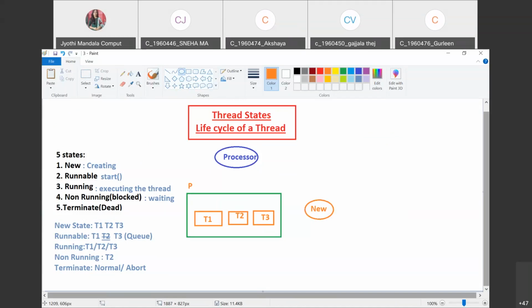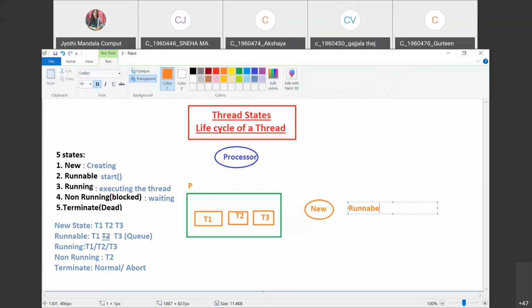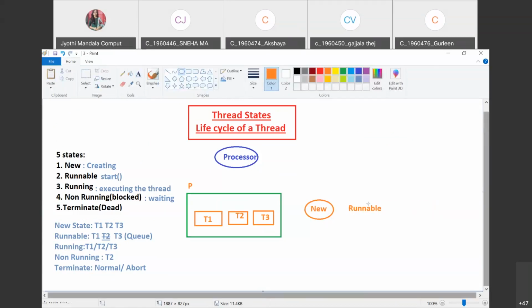Now once this is created, it will be moved to the runnable state, isn't it? So our next state is runnable. How will it be moved?